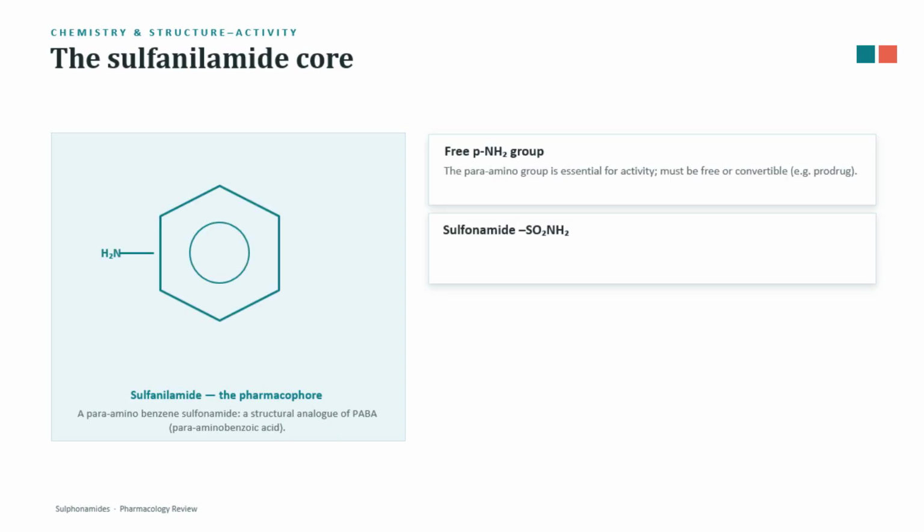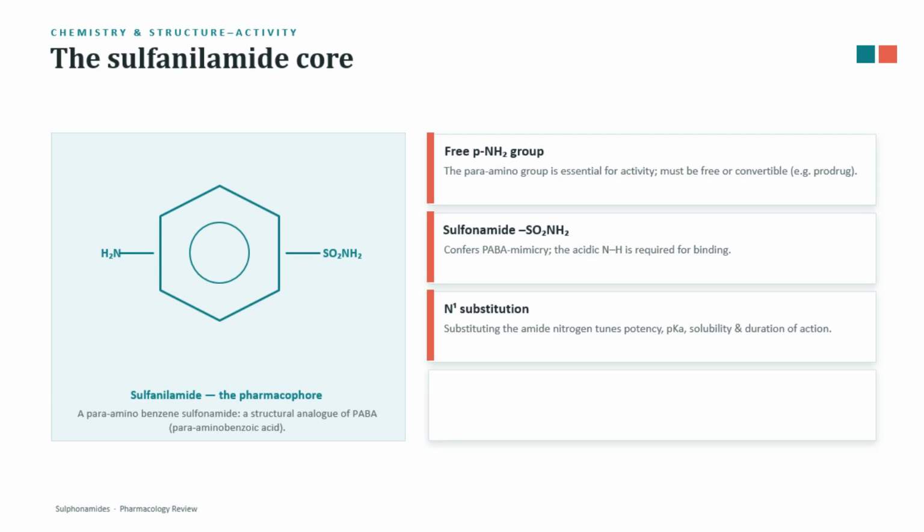Now let's look under the hood at the chemistry, because the structure explains everything the drug does. The core molecule is sulfonamide, a para-amino benzene sulfonamide. I want you to notice three things. First, that free para-amino group at the top, it's essential for activity, and it either has to be free or